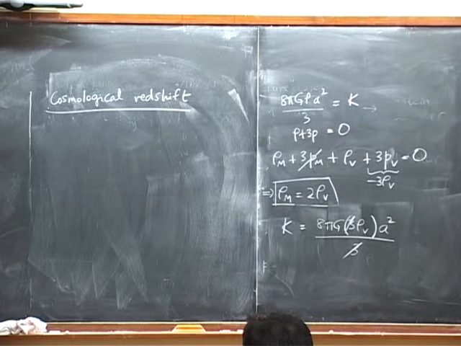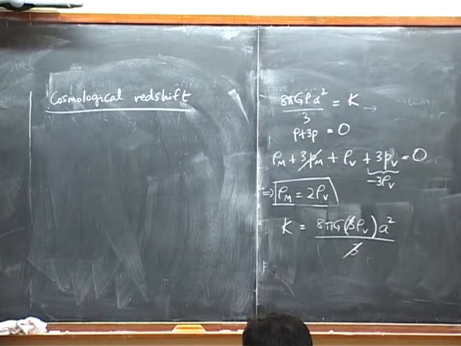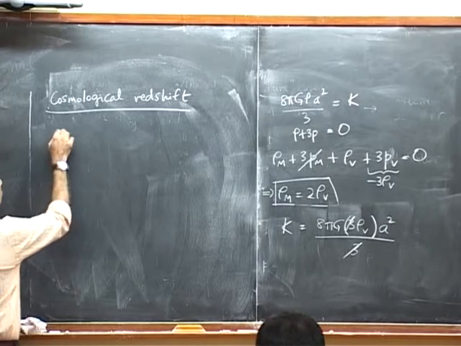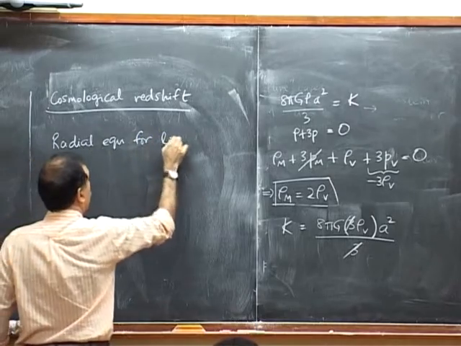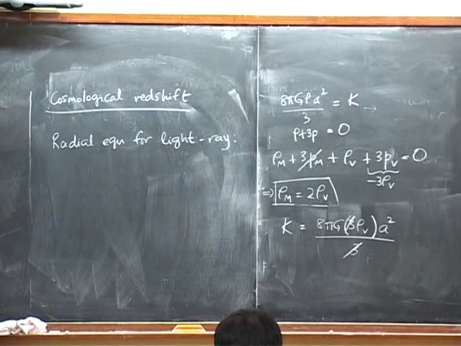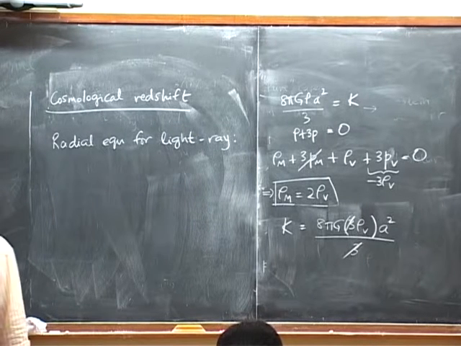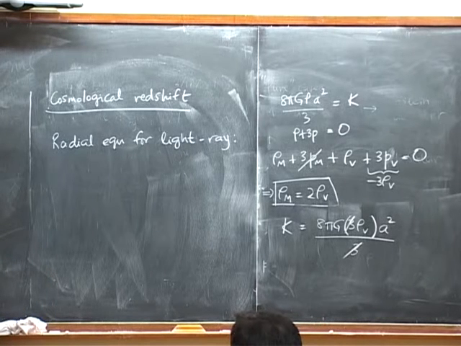But it turns out that the T dependence, which we didn't have before, in A of T, in fact creates a redshift. And the best way to see it is to just go through the usual exercise of writing the geodesic equation for a radial light ray in this FRW universe, which anyway we should have done, because it's an exercise that one can do very easily. So, just to whet your appetite, let me mention that this redshift will be somewhat different from the Doppler type of shift, although formally the formulae will be similar. It has a different conceptual meaning which I find very intriguing, which I'll talk about later.